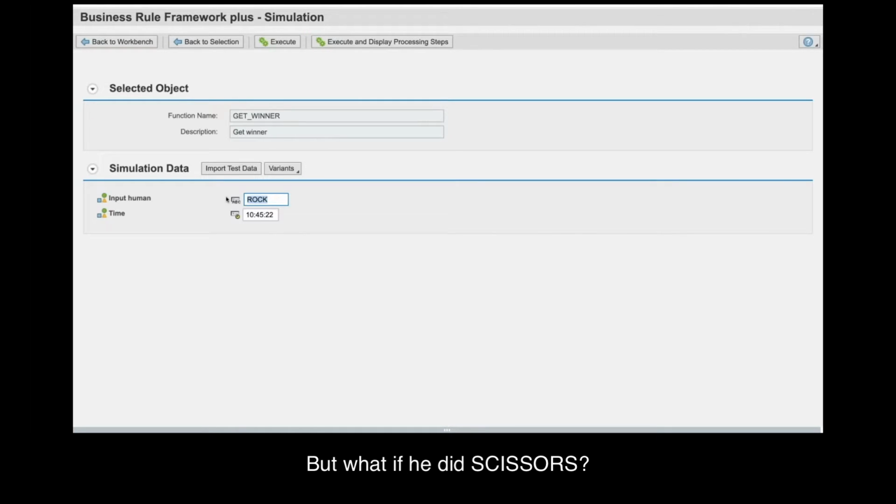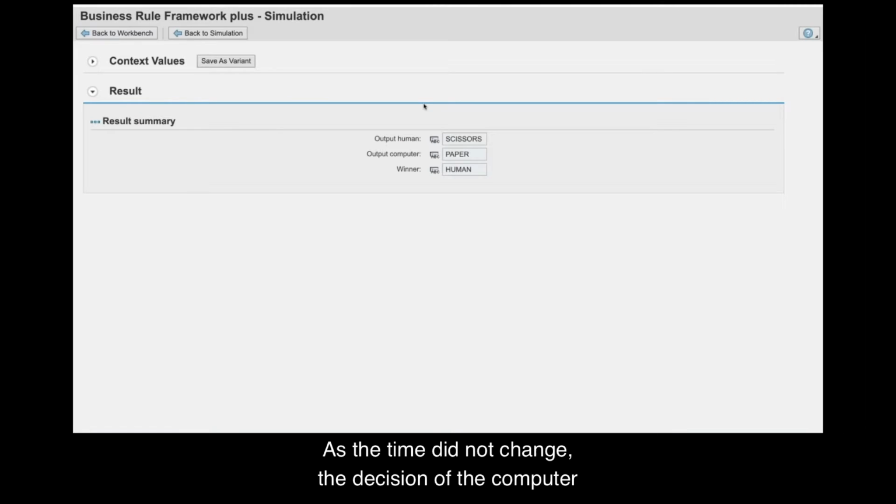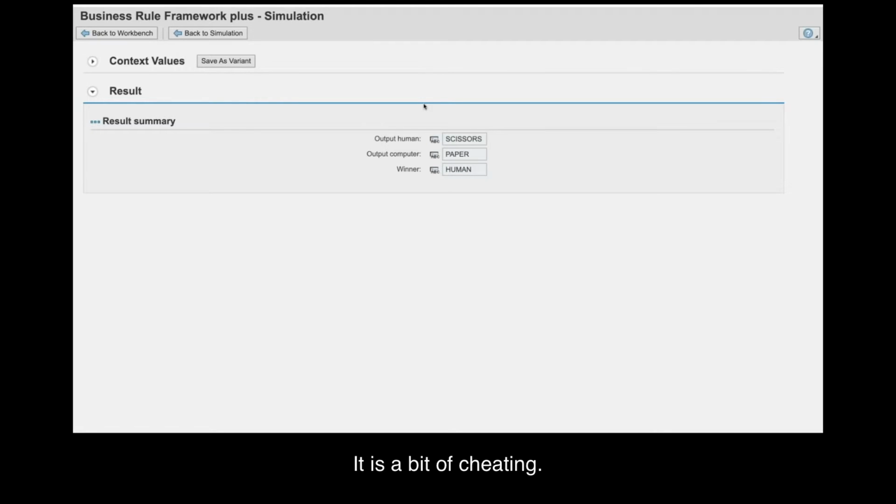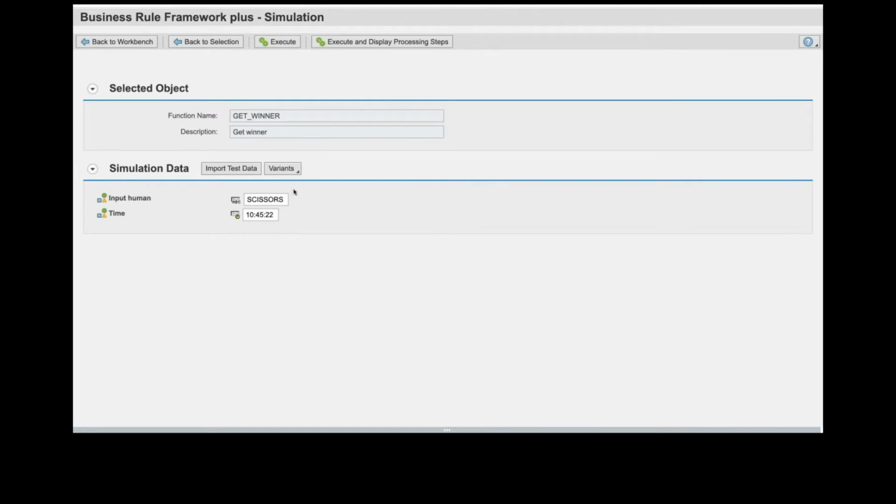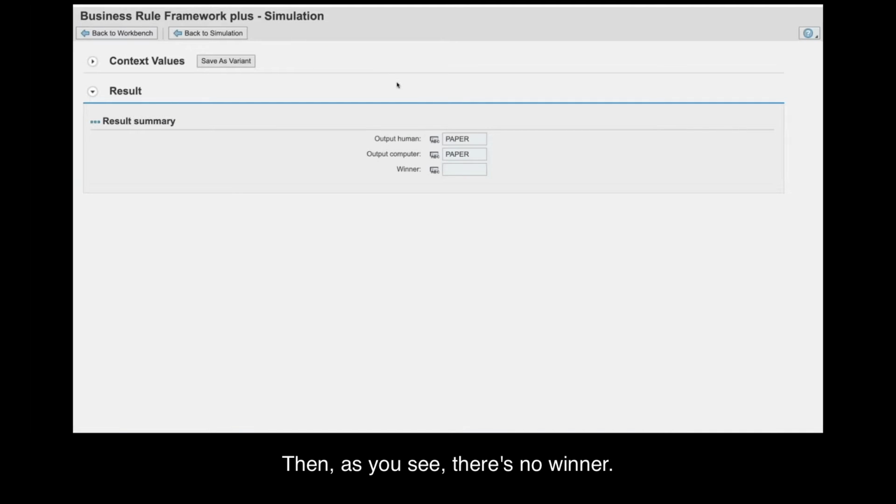But what if we did scissors? When we execute that, as the time did not change, the decision of the computer did not change, so we actually became the winner now. It's a bit of cheating. But what if we also decide for paper? Then, as you see, there's no winner.